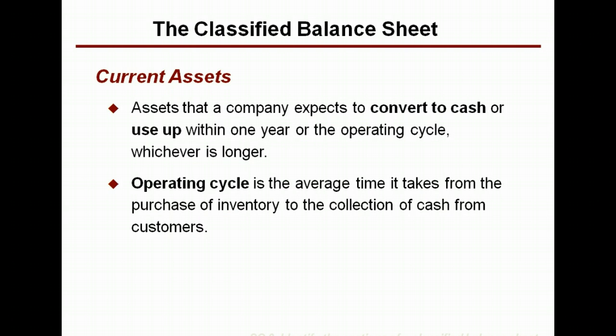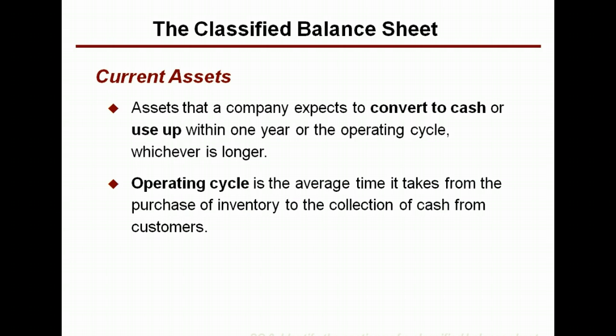Let's go back to how we classify things then. Back to the original classification. What's the difference between a current asset and a non-current asset? Current assets are those that a company expects to convert to cash or use or consume within 1 year, or their operating cycle, whichever is longer. The operating cycle is the average time it takes for a business to purchase inventory and then collect cash from the customer. The reason that it's a year or operating cycle, whichever is longer, is by definition cash,